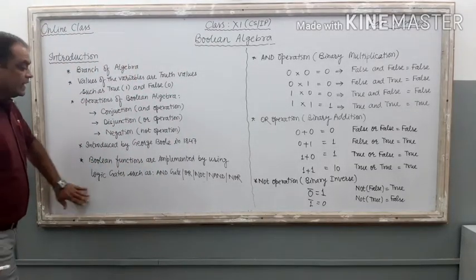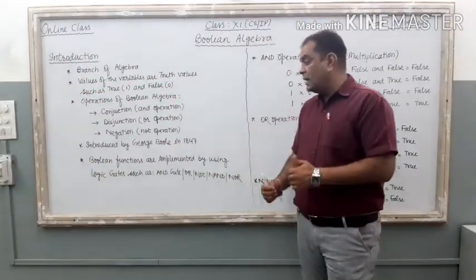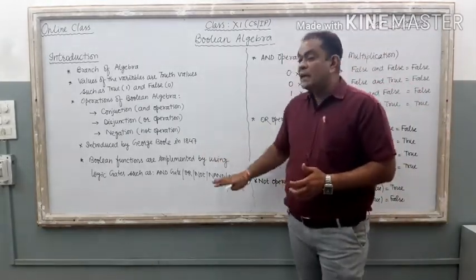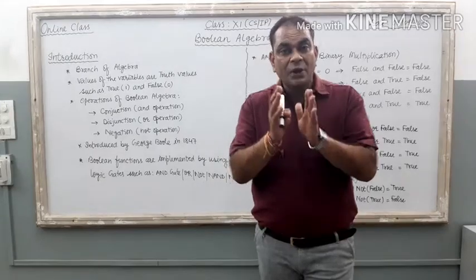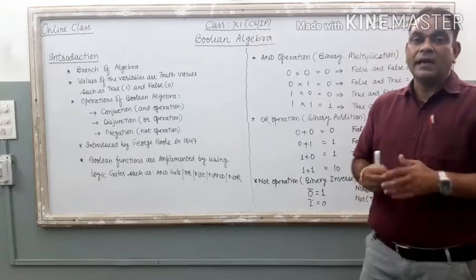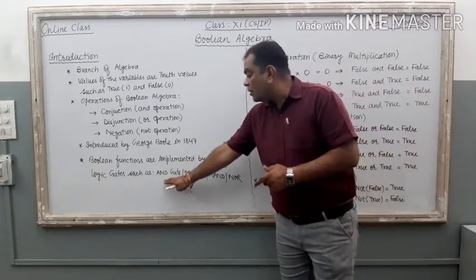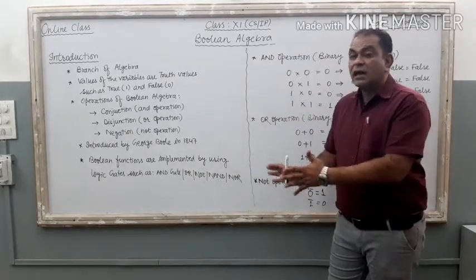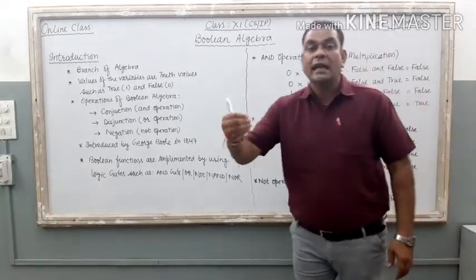Right? Now what is there in Boolean algebra? In Boolean algebra, different Boolean functions are there, and if we want to implement these functions, they are implemented by logic gates. Logic gates are the physical components, the physical equipment, available in digital electronics. Right? How many logic gates are there? The very first and very common is the AND gate. Second, the OR gate, and the NOT gate. These are the fundamental logic gates of Boolean algebra, or we can say of digital electronics.